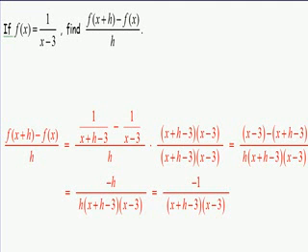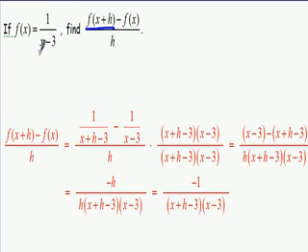We're given that f of x equals 1 over x minus 3, and we're asked to find the difference quotient. As we begin to build our answer for this difference quotient, let's take a look at this f of x plus h part. Now, to figure out f of x plus h, we would take the x plus h and